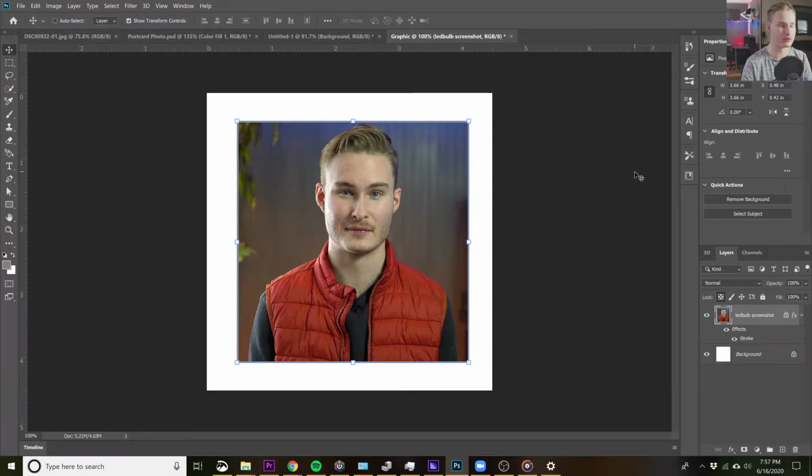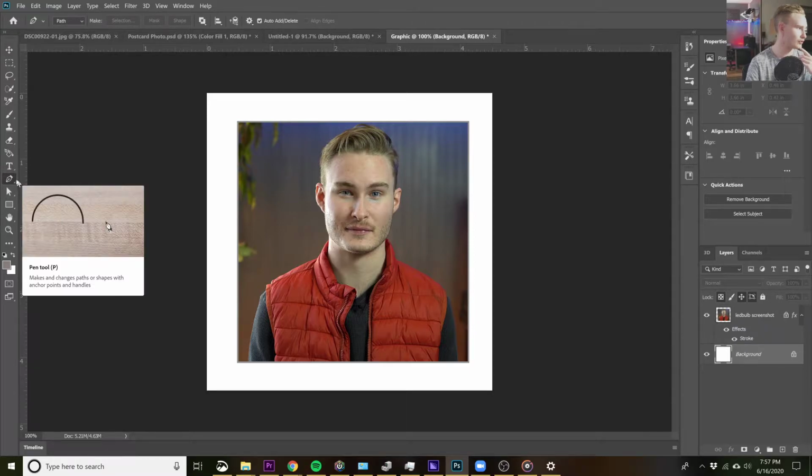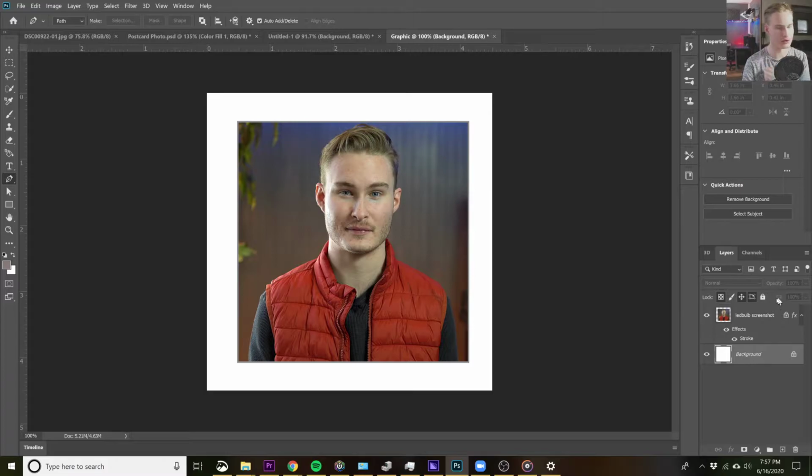So the next step to this effect right here is creating the shadow in the background. So what I'm going to do is I'm going to go to the pen tool over here on the right. Looks like an old style pen. And then you can go over to your layers over here. Gonna go down and create a new layer by clicking the plus. Put it below the